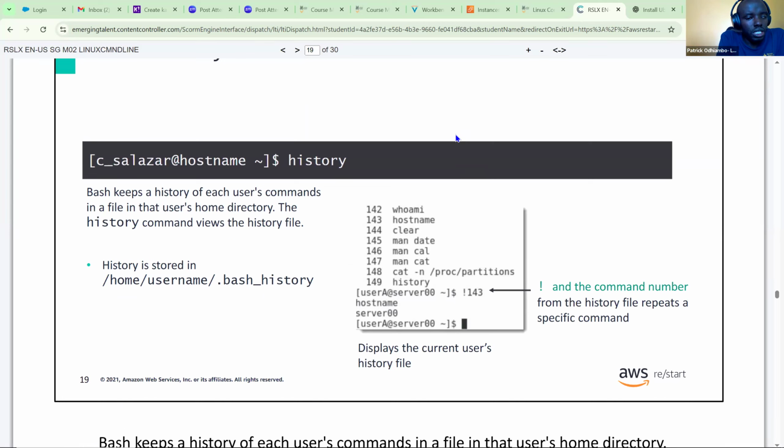It has its own location where it is stored, and I believe we met this destination at the start: /home/username/.bash_history.